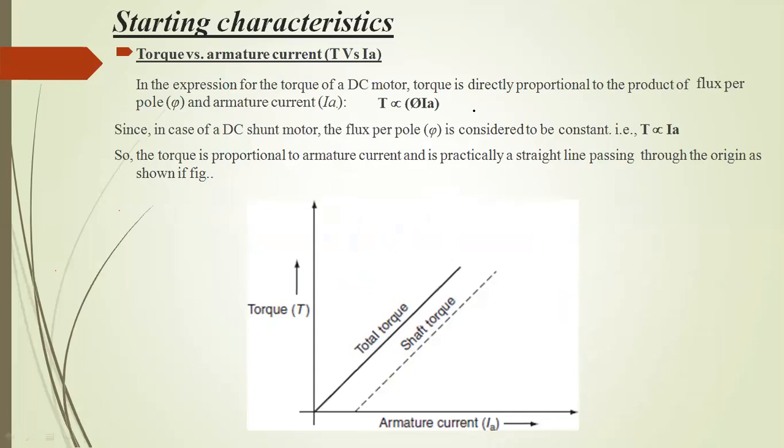Here we are going to consider the DC shunt motor. In the DC shunt motor, whatever flux is produced in the poles of the motor is constant. So the flux per pole is constant, and we are making the flux a constant. That's why the torque depends upon Ia. The relation shows the torque is directly proportional to Ia. That means whatever changes happen in the armature current will also have an effect on the torque produced by the motor.